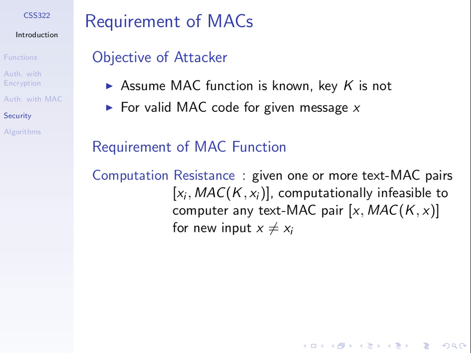And we can state a property of the MAC function. Given one or more text-MAC pairs, so pairs of the message and the MAC of that message, if the attacker knows some pairs, usually more than one, it should be computationally infeasible for the attacker to compute any text-MAC pair for some different value of text, from a different message M. So if the attacker knows some values,